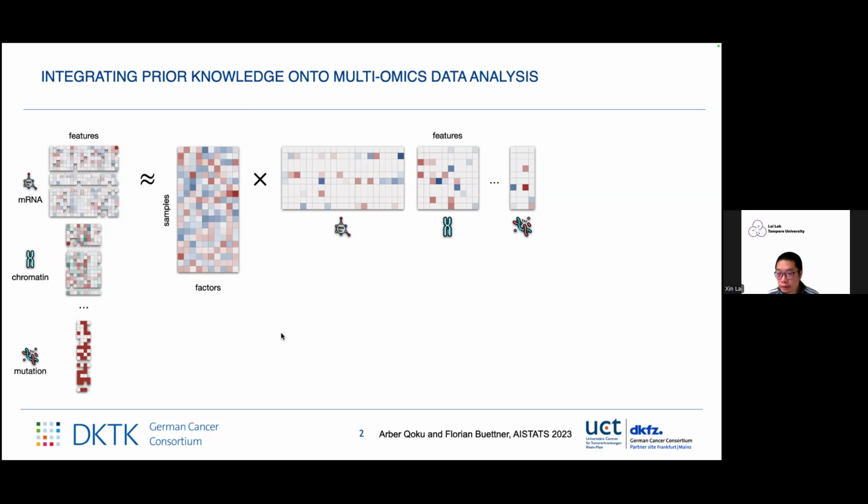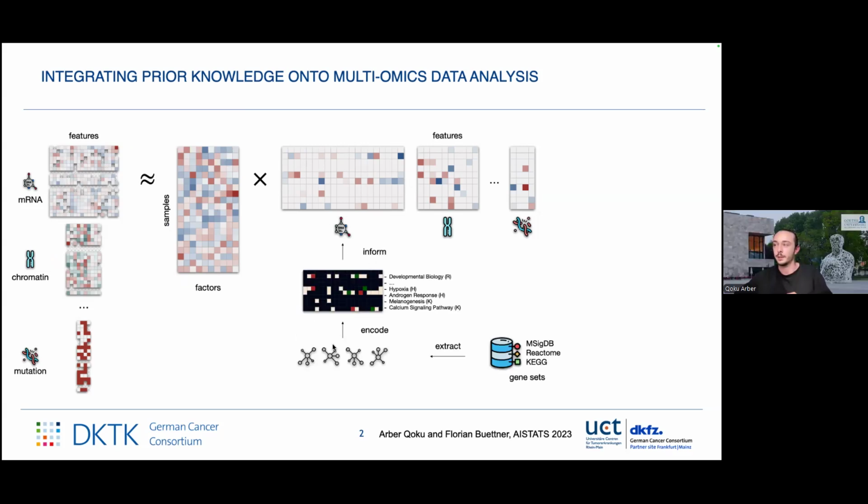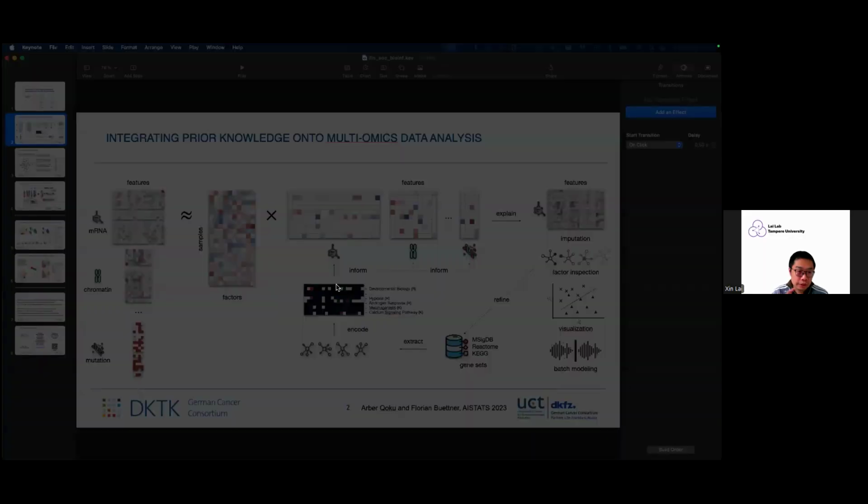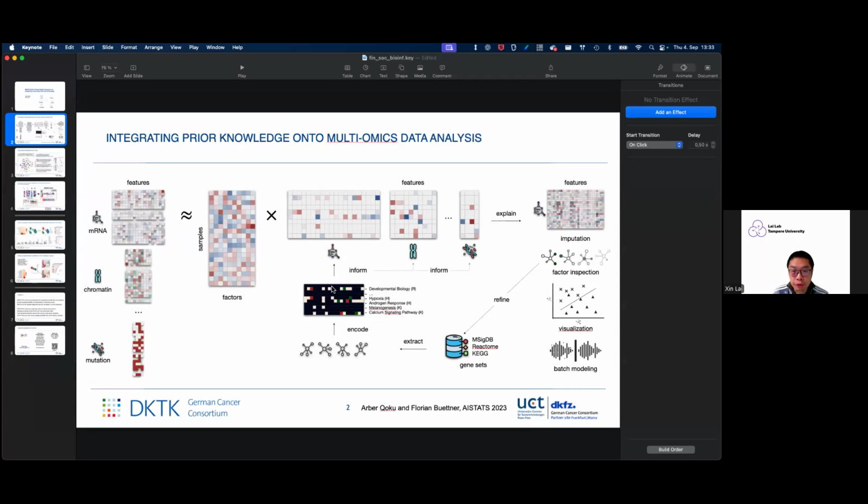You try to optimize this, but at the same time adhere to your prior annotations or your context, such that the factors are no longer called factor 1, 2, and 3, or principal component 1, 2, and 3, but rather here's hypoxia, here's androgen response, here's, I don't know, calcium signaling pathway, and each of these latent factors corresponds to one particular pathway. Yeah, I see. Thanks. So somehow you try to reconstruct the raw data, right? Like an autoencoder does, right? Exactly, yes.